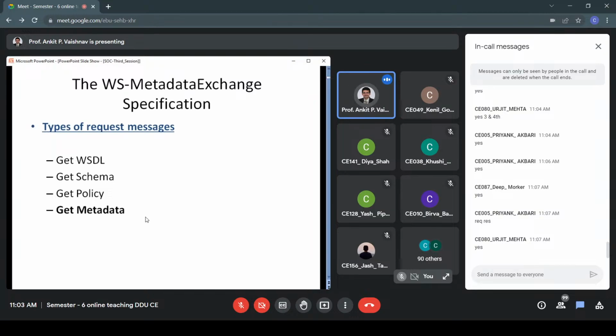Then why do we have get metadata? So sometimes we have finalized that this is going to be my provider service, right? So I'll be sending a get metadata to get everything. That is what the get metadata message is. But there might be an issue over here. What do you think about the size of metadata? Will it be small? Yes or no? No, correct, right?